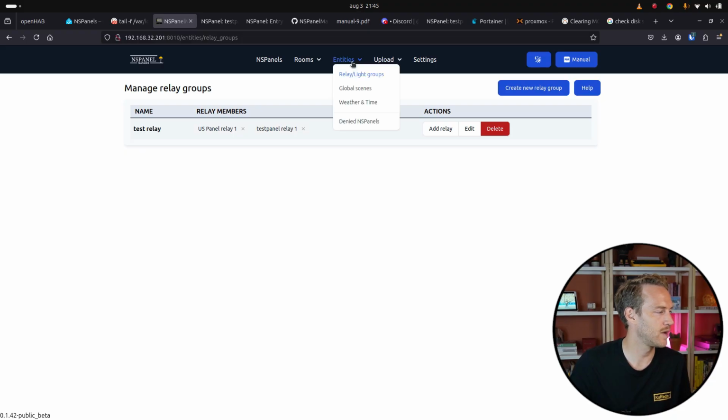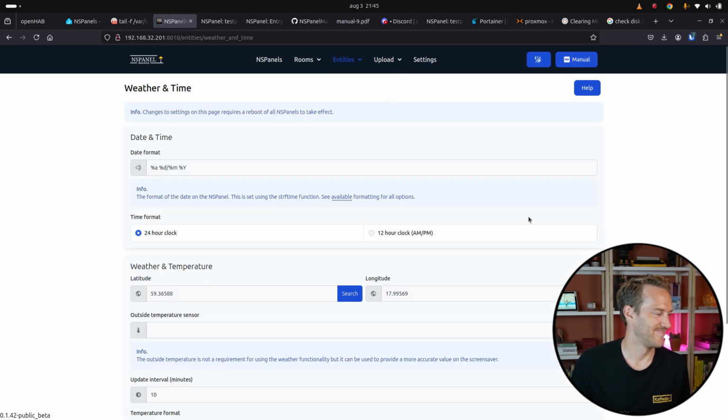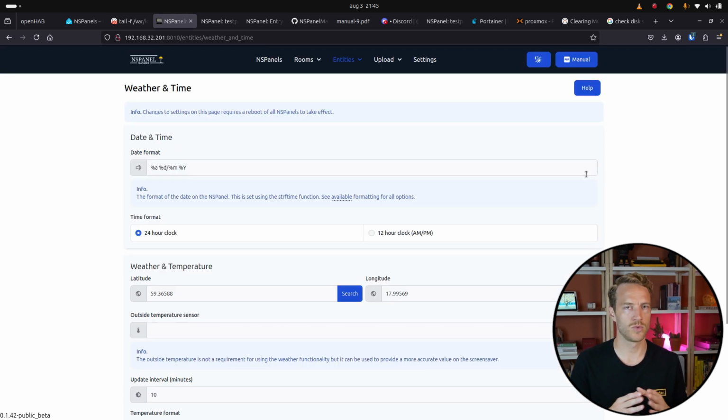Okay, let's go on. Global scenes, weather and time. Global scenes, we already talked about that. Great feature as well. Weather and time. I hated weather, but now I love it. It's great, actually. It's a great feature. So we have the option, as you saw, to show the weather as a screensaver. And it's very easy to set up. We use MQTT API. So the only thing you have to do, you just choose